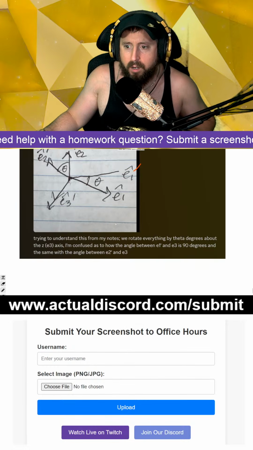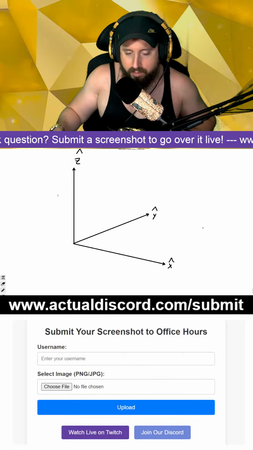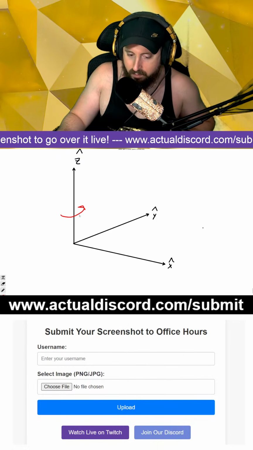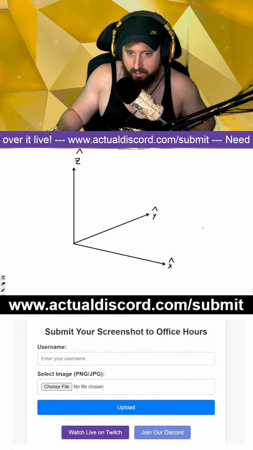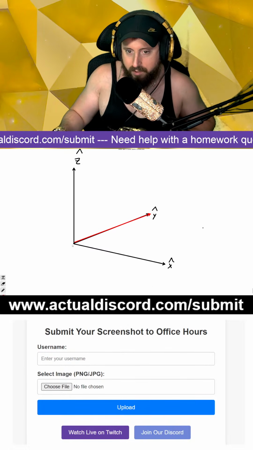Okay, so you're moving everything by theta degrees about the z-axis. Okay, so what we mean here is that stuff is rotating around this way. Okay, that means this whole thing is now also rotating. Okay, you could kind of think about this as